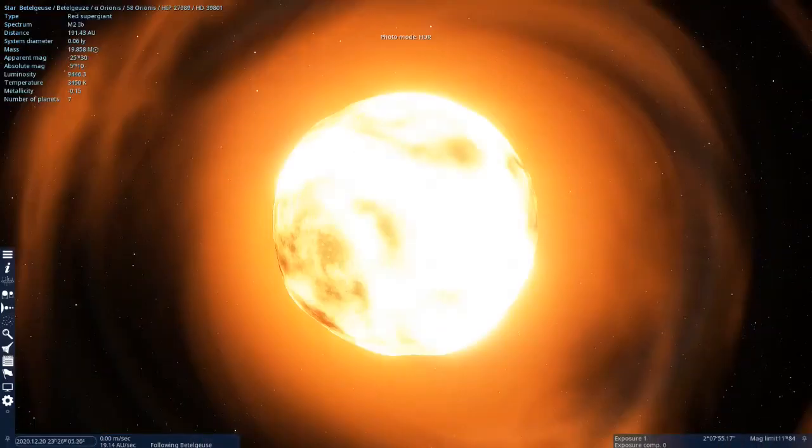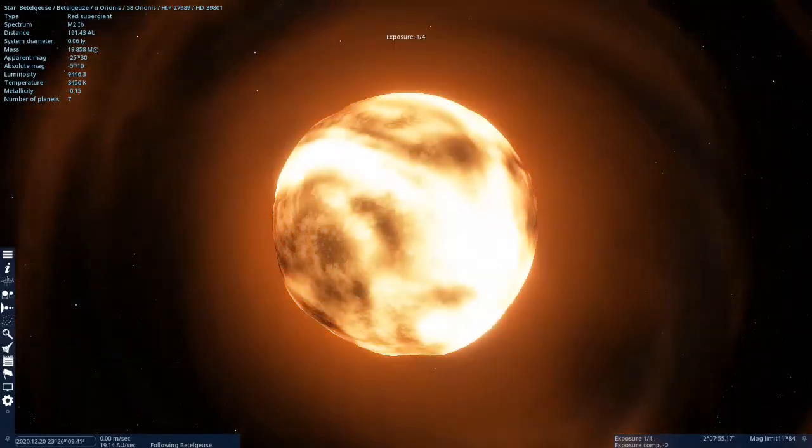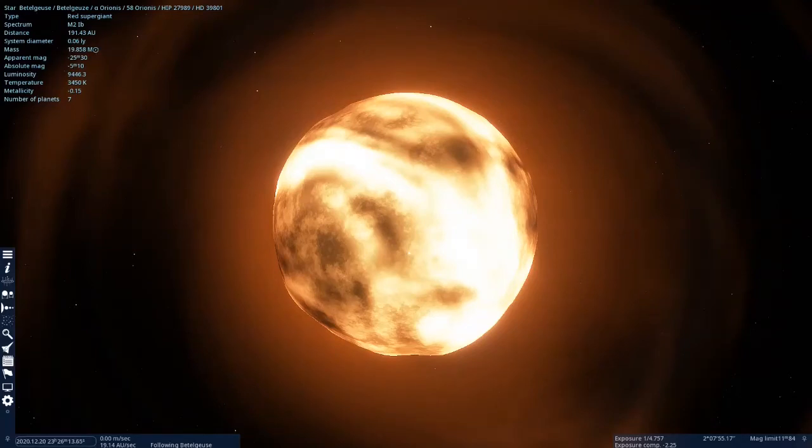Whoa. What did I do? I turned the brightness up really high somehow. There, okay, so it's kind of a lumpy looking star with a lot of spots on it. That sort of agrees with what we know about it, actually, with big clouds of gas around it.